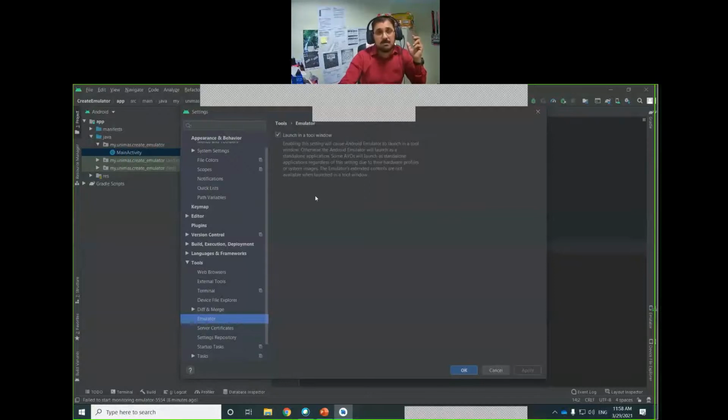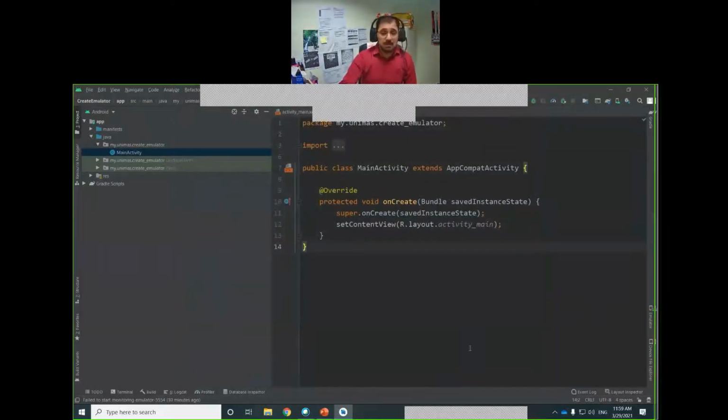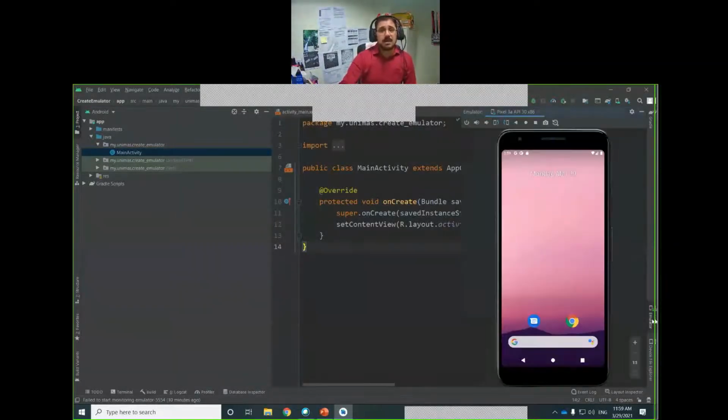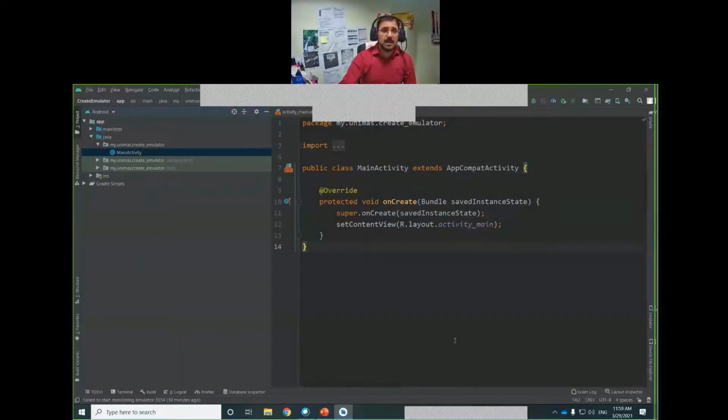Once you update your Android Studio, then on a Windows computer or laptop, you will go to the File menu, then Settings, and inside Settings the emulator option, check this one, and then click OK. Then you will get the emulator here.